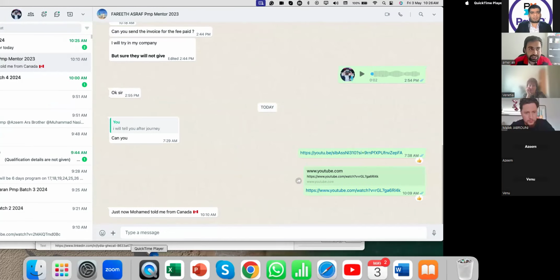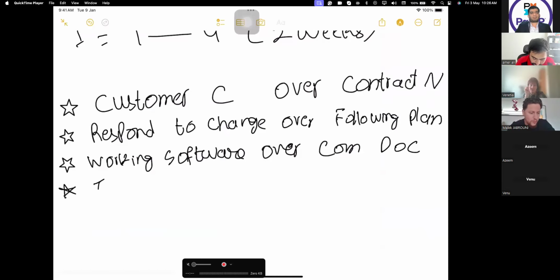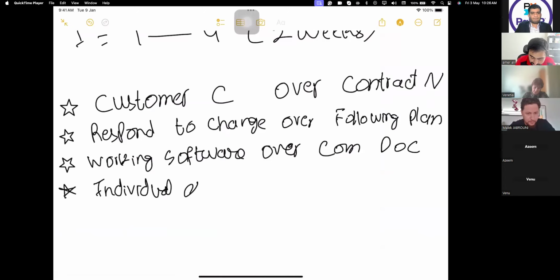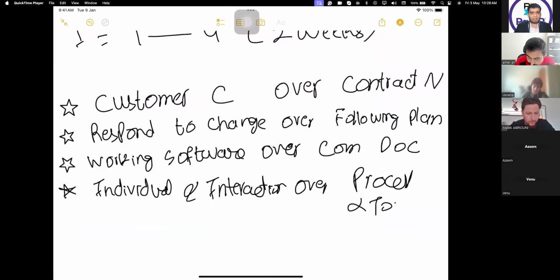So the fourth value in Agile is individuals and their interactions over processes and tools. What does that mean?